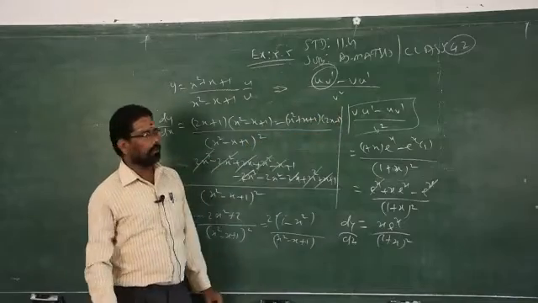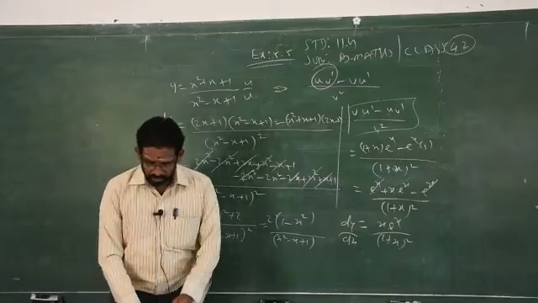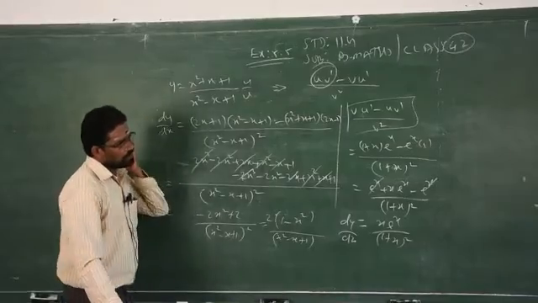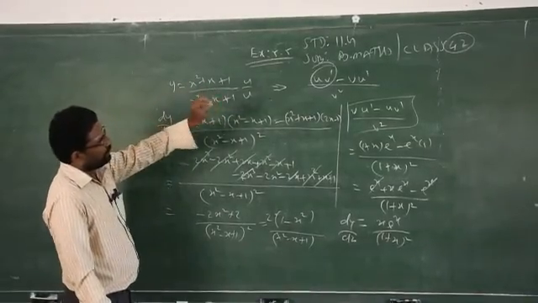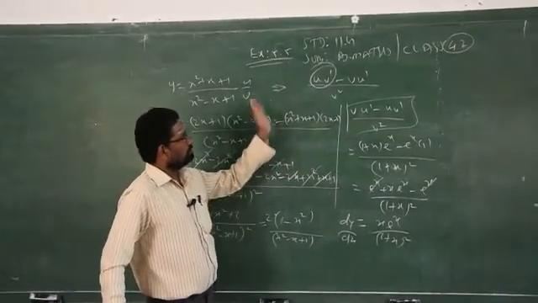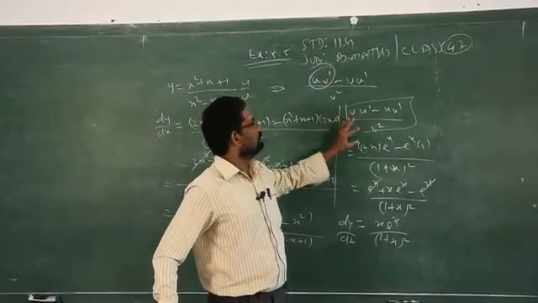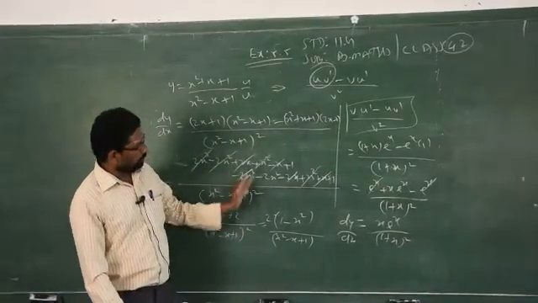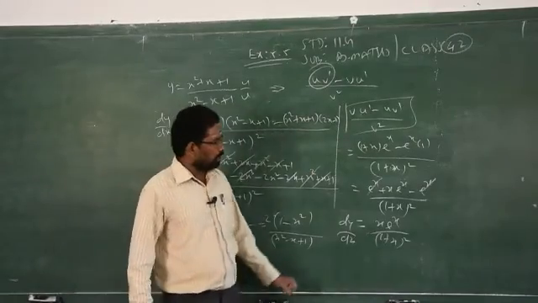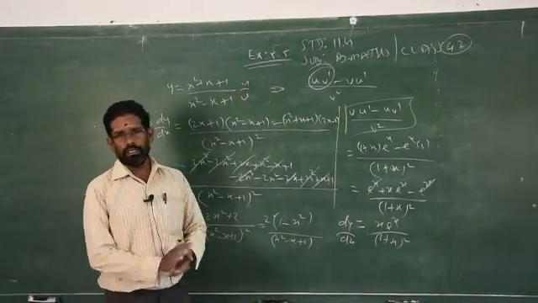What are the mistakes done by the boys in the class as well as during the exam? I did it with both methods. We will see the remaining problems in the next class. Clear? In that, we will go for the perfect formula for u by v and uv method. These two you have to just learn. Normally the boys make mistakes in these two processes. They interchange these two, then they get wrong answers. So that is why I did both problems with different formulas. In the next class we will find out which one is suitable for the given problems under the quotient rule. Clear? Thank you boys.